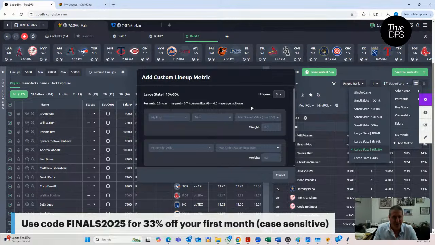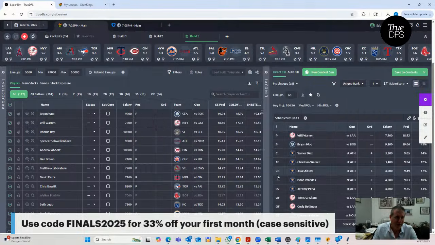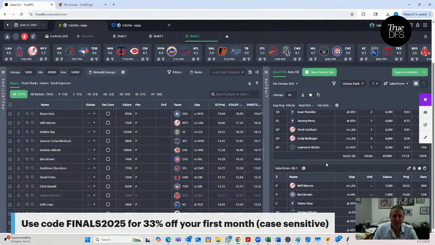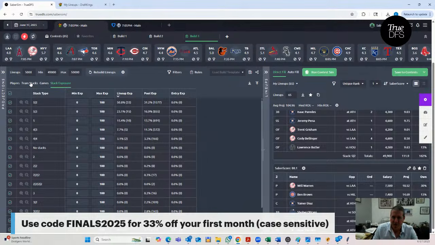What that means is your lineup's going to get dinged if it's too highly owned. And you also see that we're getting a minimum uniques of 3 as kind of the default here. So yeah, what I like to do here is take a look and see what you could do is